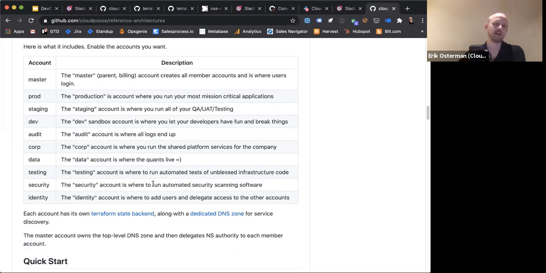Then you might have 25 other roles that are highly custom to your organization and requirements, but at a minimum, you have something along these lines. We define those roles in the identity account, so the identity account is the primary account for defining those roles. Then we delegate those. You delegate an admin role to the security account, to the testing account, to the data account, etc.